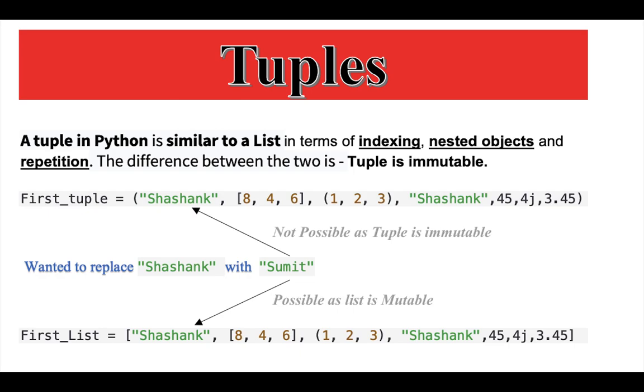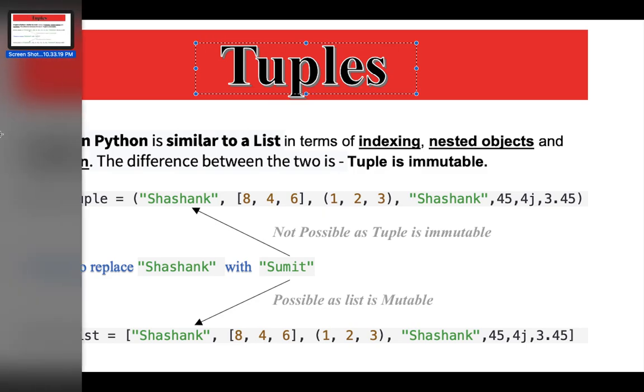In our previous video, we discussed a few of the data types including integer, floating point, complex number, string, list and dictionary data type. So if you want to go through all those lectures, you can check them out in our previous videos. Today we're going to discuss a very important data type, which is tuples, right?